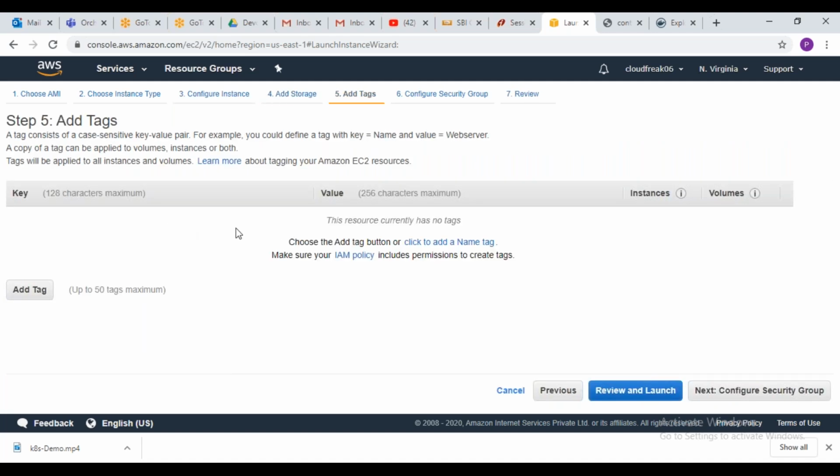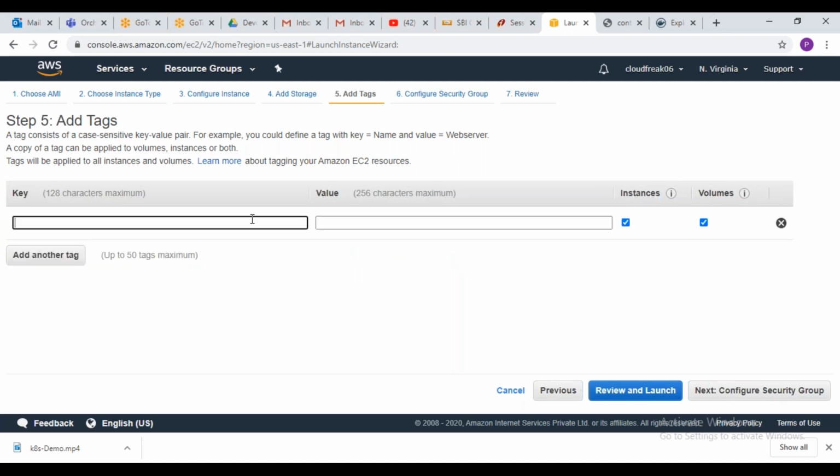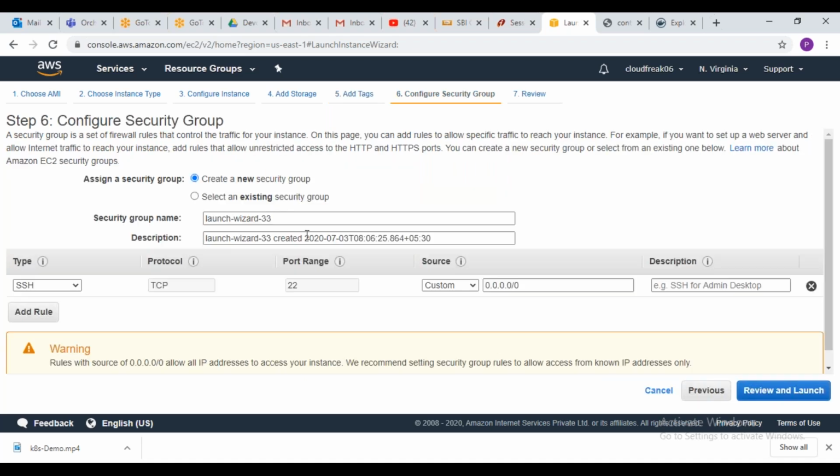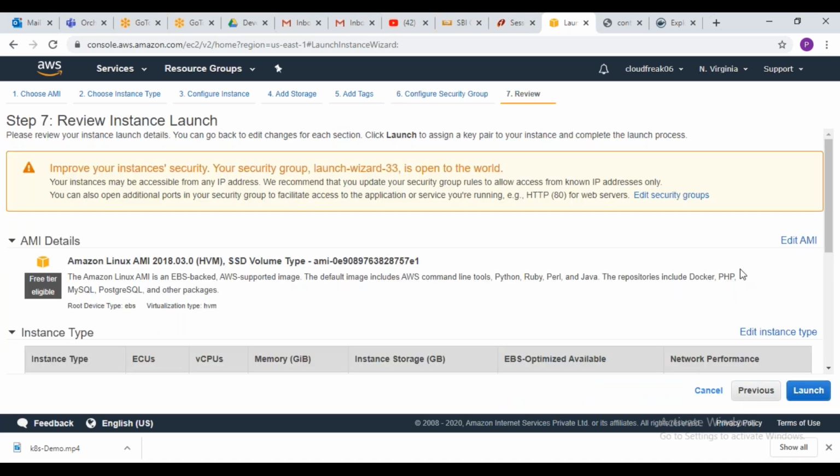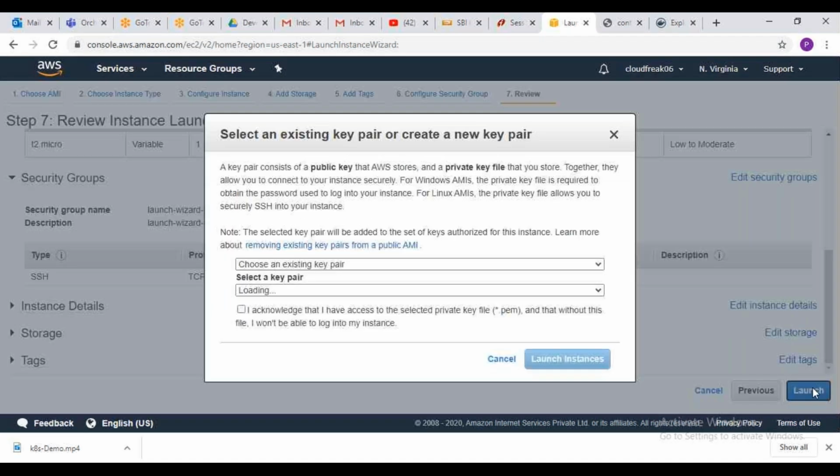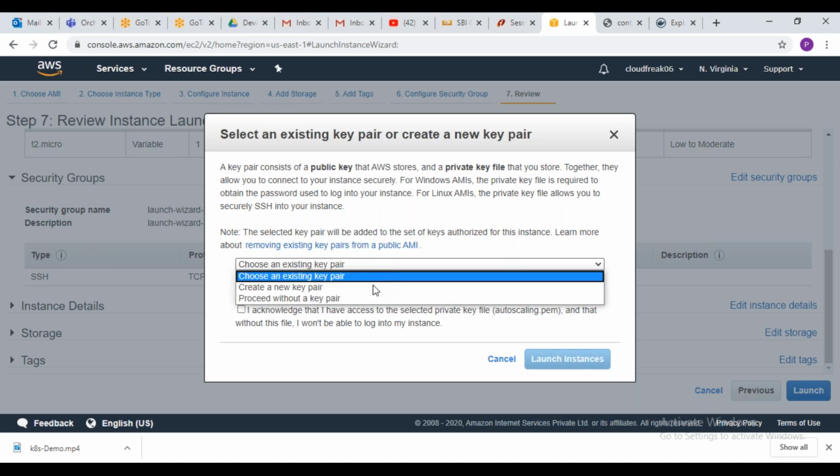If you want to give any tag name to your machine, you can give it. I will give it as Docker server. And for the security group, here also don't change anything, and then launch. Here you need to create a key pair, because AWS will not allow you to log in with a username and password. So you need to select key based authentication.